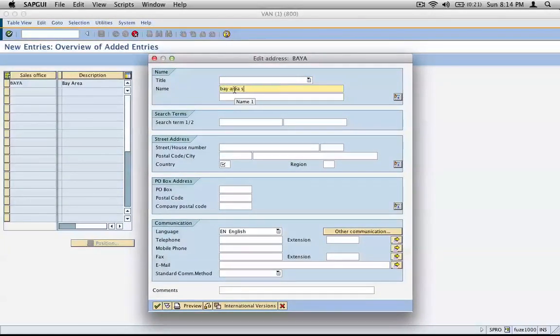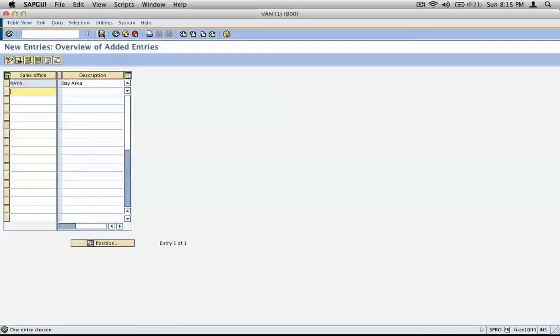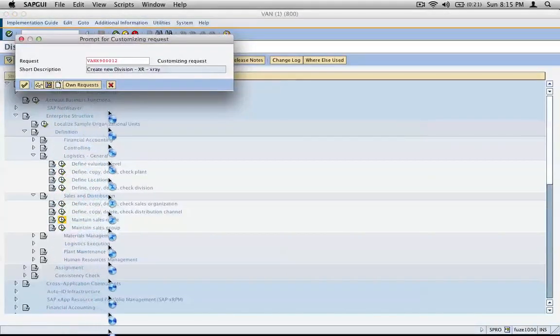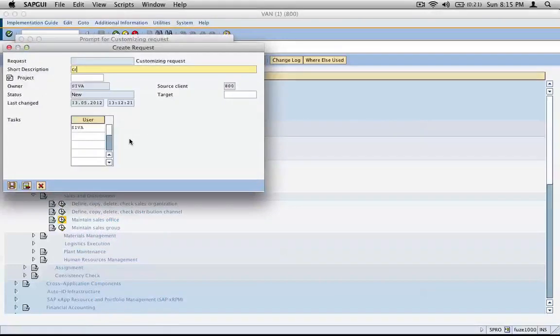Bay Area sales office, it's in the US, and so on. Then you can enter all that address anytime you like, and then save. Again, create a new transport request, create sales office BAYA